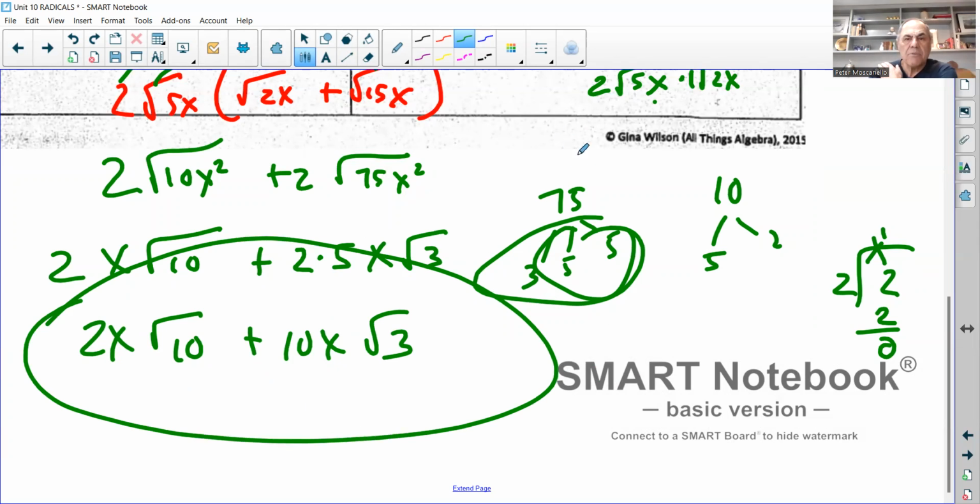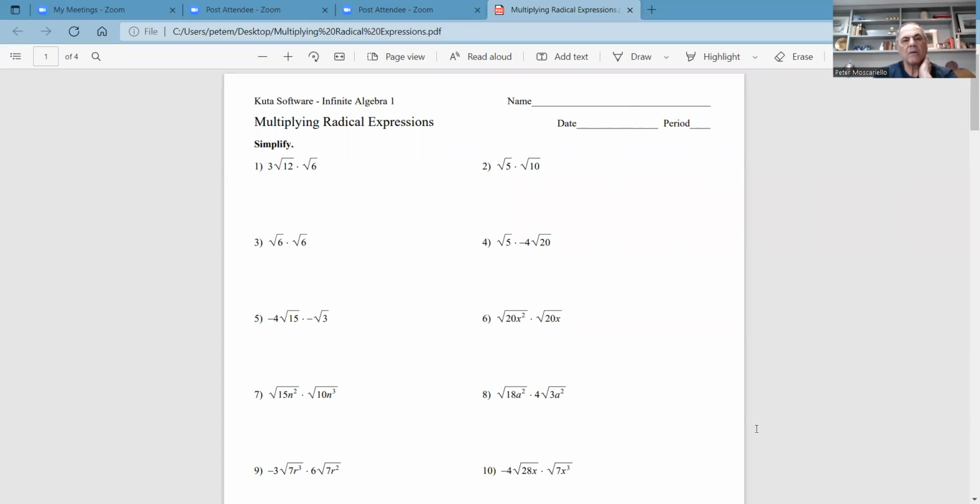Okay. All right, so that brings us to the worksheet you have for homework. Let me see if I can find that. Give me a sec here. Oh, I can't minimize. All right, minimize that. Let's see if I can find it on my desktop. There it is. All right, so now what? Share screen. Let's give it a shot. Yay, found it. All right, so we're looking at 1 through 27 odd, and